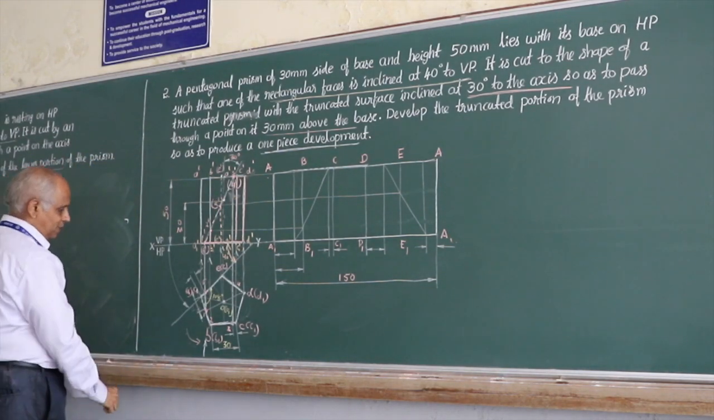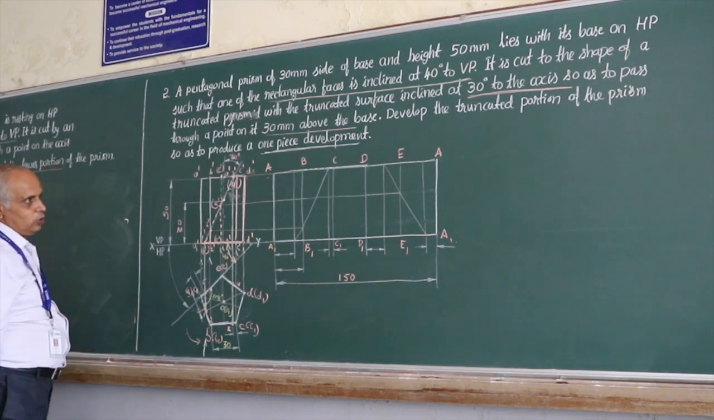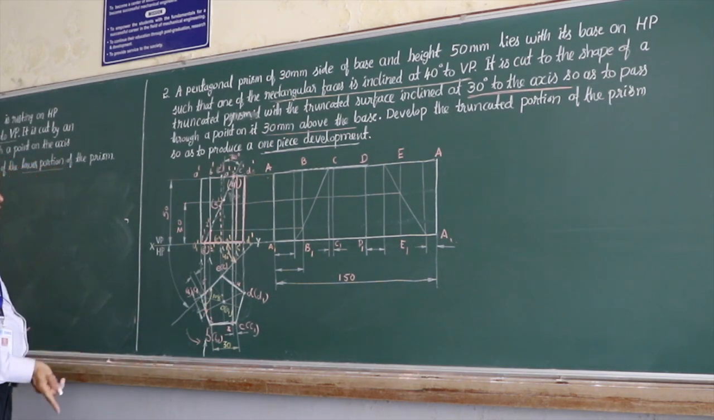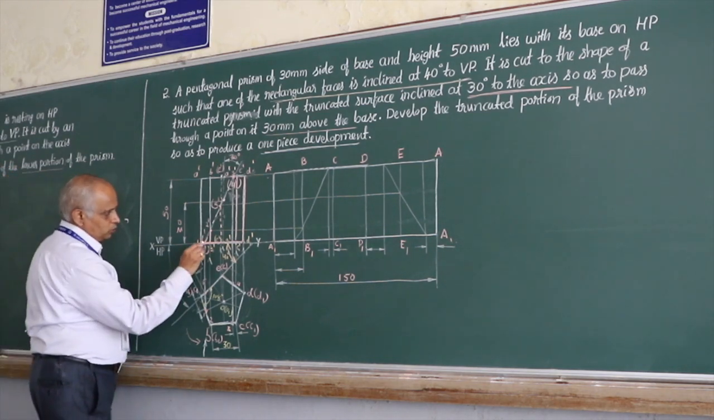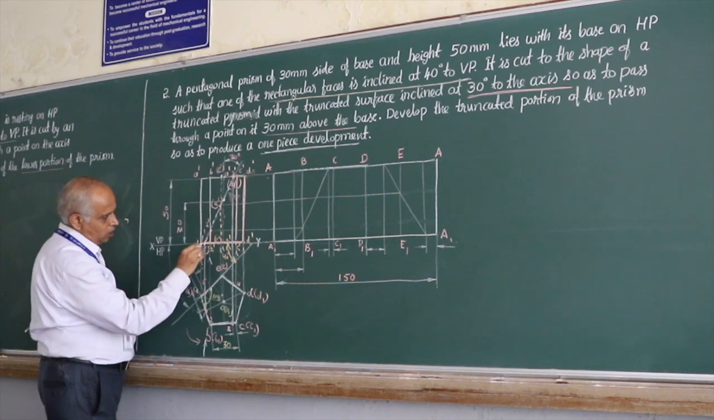So I have located the basic development. Now let us try to locate the section points on the development, so that you can highlight the retained portion. What is important for you is to locate section point 1, which is on